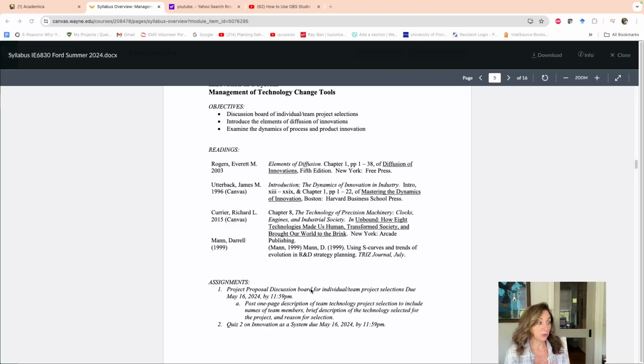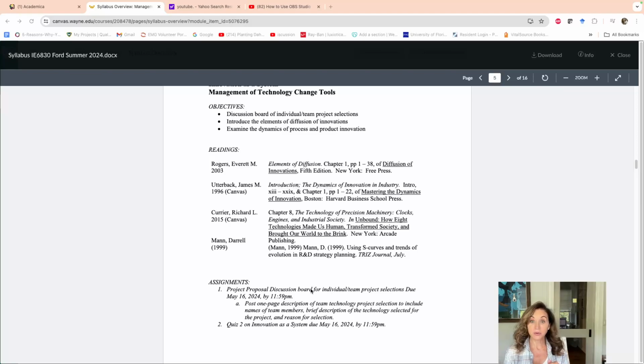As a follow-on to the project proposal discussion board, we're going to have a synchronous session. It's just going to be the team and me. It's not going to be more than, I don't know, 15 or 20 minutes. And the other part of the class doesn't have to be present for this synchronous session. So you will have your own. I'll be flexible on the day. But the week following the project proposal discussion board assignment is going to be us talking about the project.